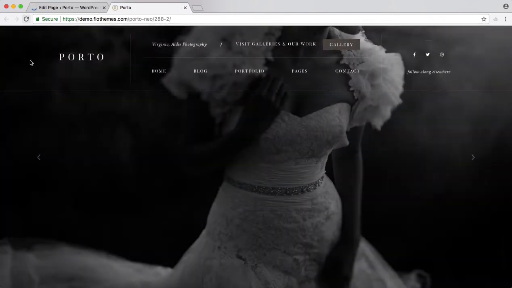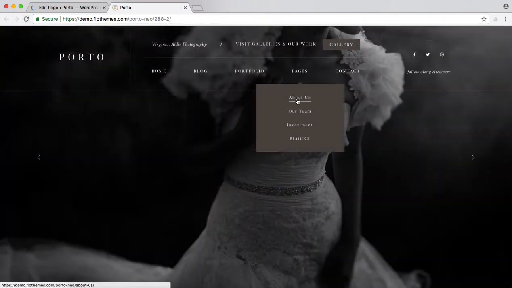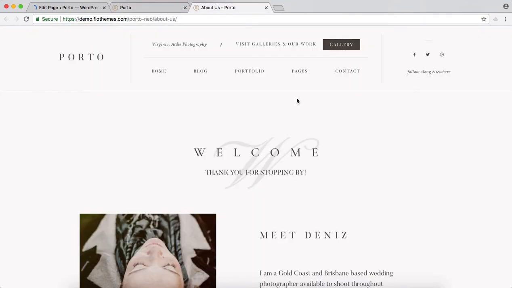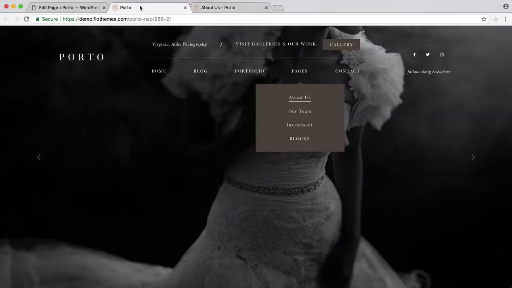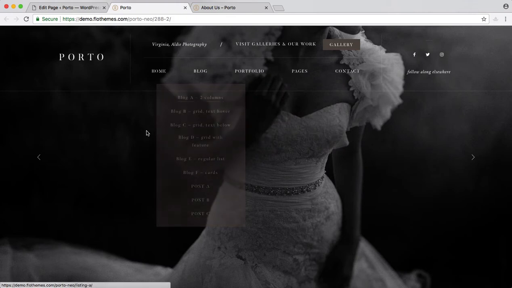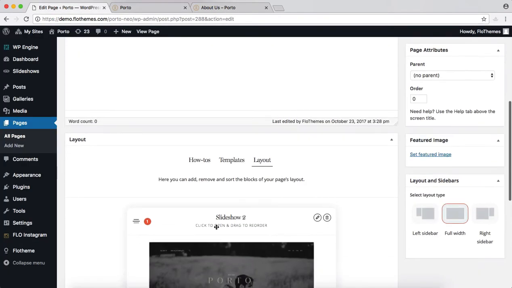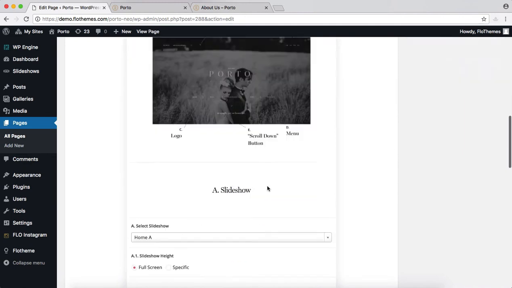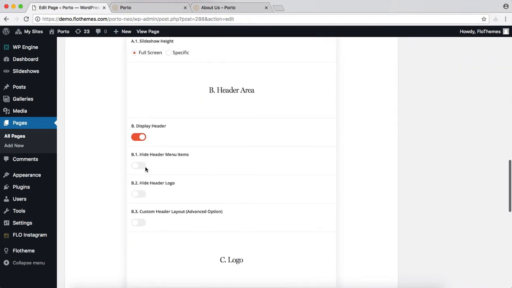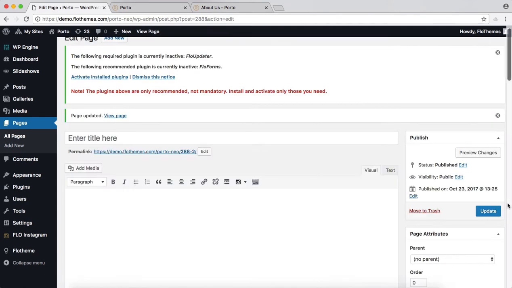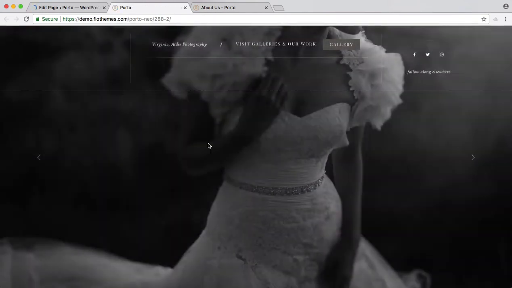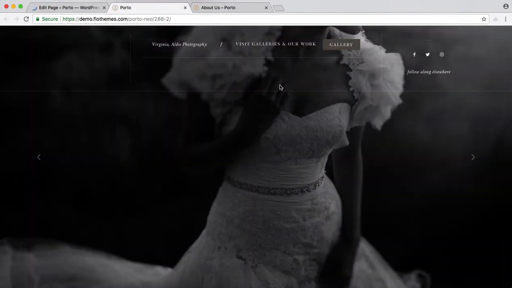Okay, so this header is standard as we have for all of our other pages, like the about page, for example. They are absolutely identical. So we simply have this header and all of its settings transfer over to our slideshow area. However, for those of you who want to get a little bit more creative, let's say you would want to disable the header menu items or the logo, you can go ahead and do that. Click on update. We'll then refresh the following page, and you can see that our menu items have disappeared alongside